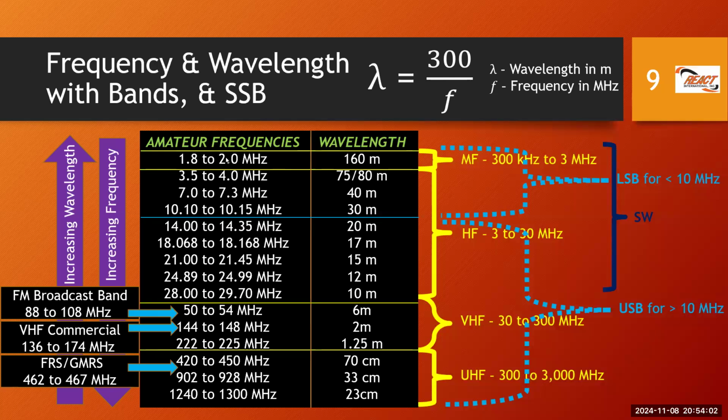But we are also showing, relative to these frequencies, where's FM radio, where's the commercial VHF that React uses. This is where we are, in around this space here. And of course, those of us who have those bubble pack radios, the FRS, sometimes called GMRS radios, this is where it's in the UHF spectrum. So we show where HF is, VHF, UHF, and so on. So this is just a reference slide. Everyone will get a copy of this. You can utilize this as you see fit.